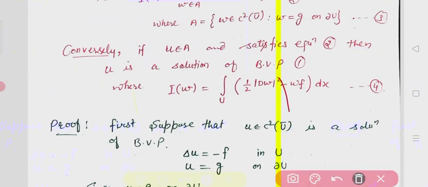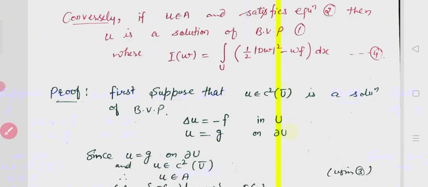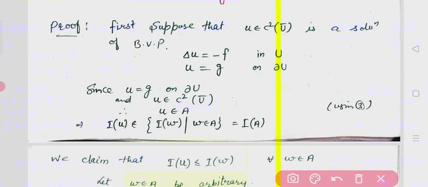क्या था यहाँ पे कि जो भी फंक्शन C square ū से बिलोंग कर रहे हैं और बाउंड्री पर किसके इक्वल है, g के इक्वल है, तो वो किस में जाएगी, फंक्शन सेट A में जाएगी. So over here also you can check that if u is equal to g on the boundary and u belongs to C square ū, so that means u belongs to A. Okay, if u belongs to A, so you say that Iu belongs to I of A,